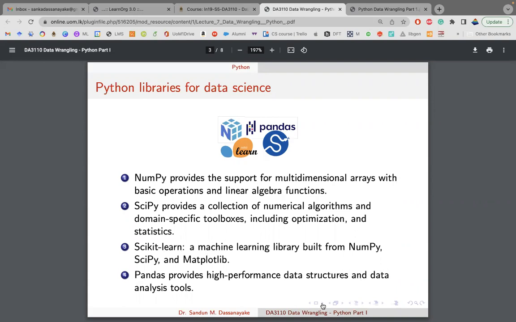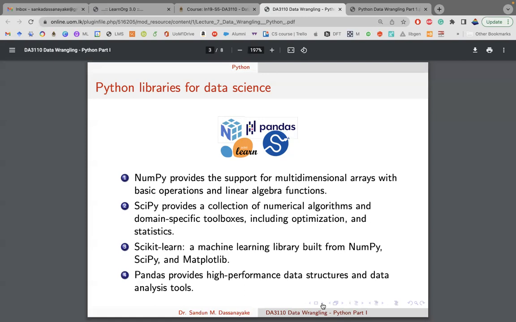When we go to Scikit-Learn, Scikit-Learn is a machine learning library built from NumPy, SciPy, and Matplotlib. As I told you, imagine it's like our hand. If you think about our hand, you have 5 fingers, right? And then you have your palm and your wrist and then your elbow. All together, it's the arm. But as single entities, they can also work independently, right? Your fingers can move, your palm can hold something, and your elbow and wrist can bend. So they can individually function, and all together they are like the hand,